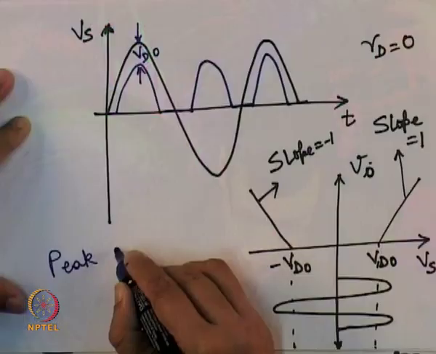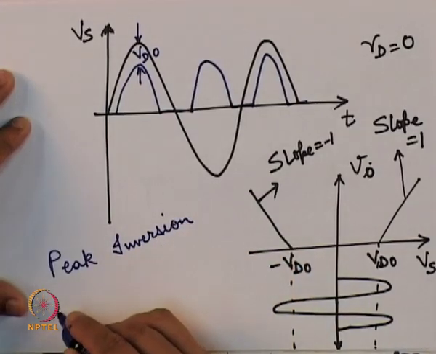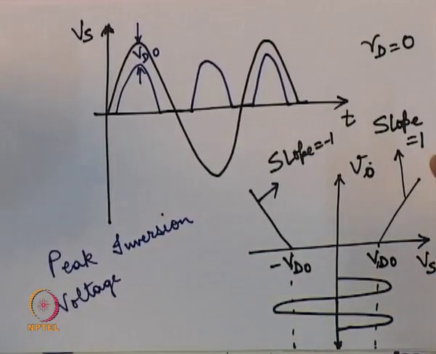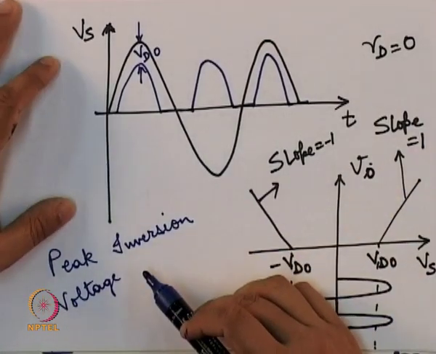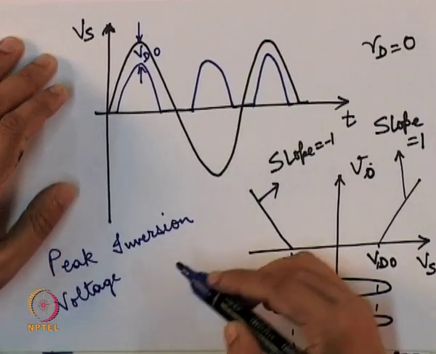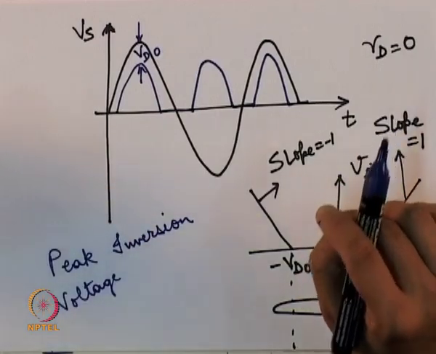Fine. Now, an important parameter in determining the success of any rectifier circuit is known as the peak inversion voltage. It is important for the success of any rectifier circuit because peak inversion voltage gives us an idea about what is the maximum voltage that a diode is subjected to when it is present in a rectifier circuit. So, in this case, if we go back to our circuit for a moment,